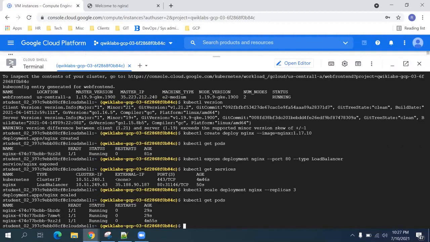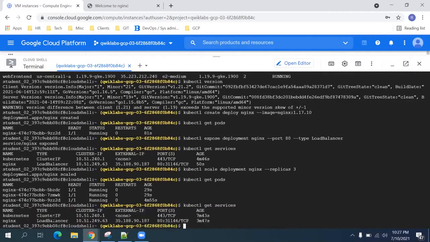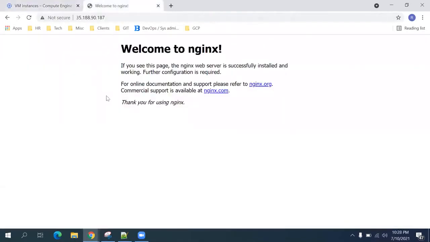And we can also confirm that our external IP address has not changed. I will use kubectl get services, and we can see that our external IP has not changed in spite of adding more pods. Okay, and we can also go back to the web and confirm that the Nginx web host is still responding. I will just do a refresh and I still get the same home page.